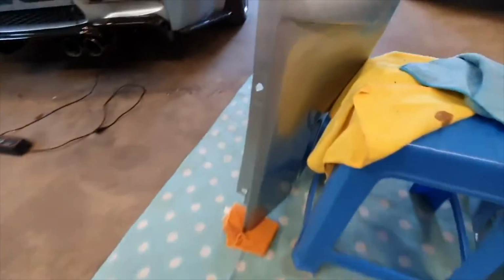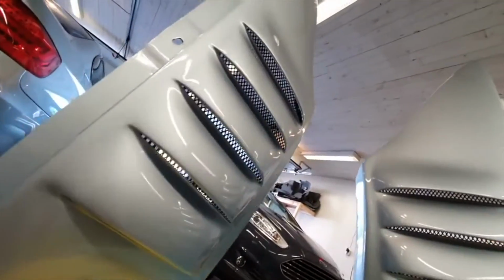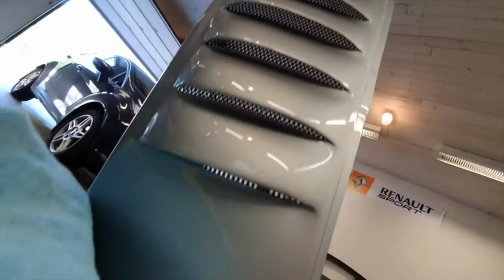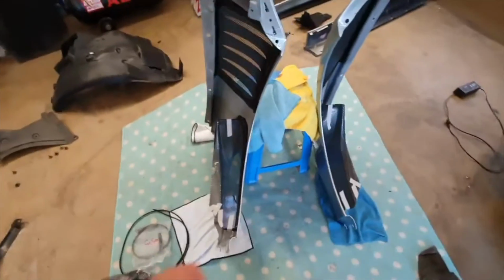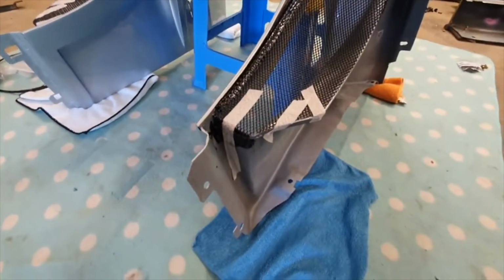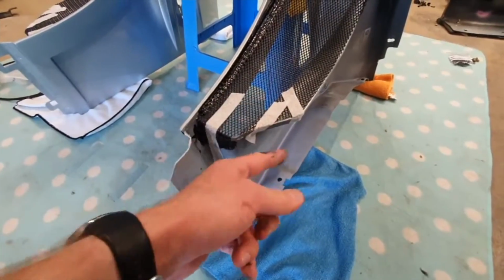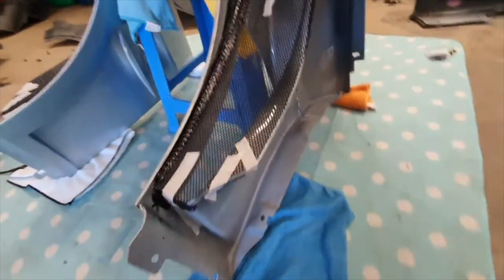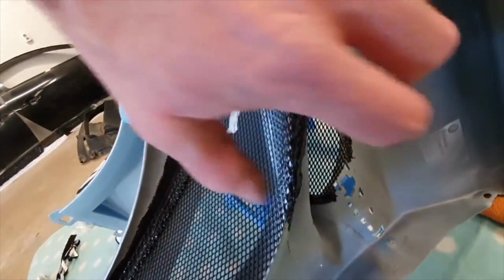So I've meshed up the top vents and you can see how that looks. Looks quite tidy. And then the bottom vents, yeah, just a case of lots of hammering and shaping really, and trimming. What I've done is you could wrap around here, like I have done at the top here, wrapping it around and grabbing it underneath